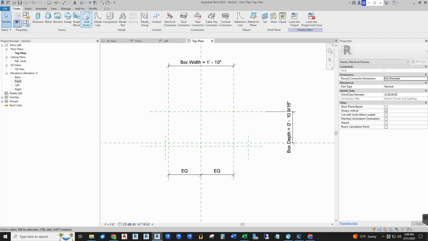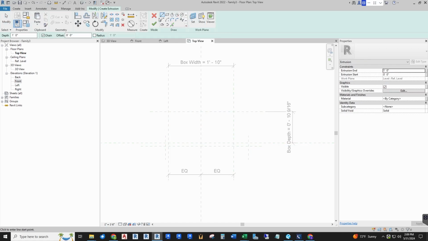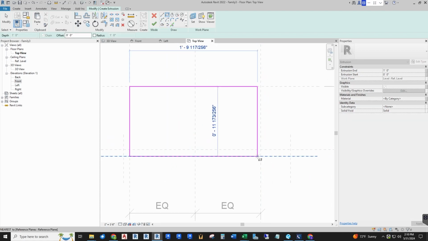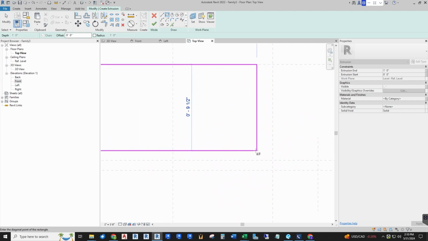And you can even do void forms, which are holes. You can drill holes into things or leave gaps in corners. So we're going to be simply doing an extrusion. You can draw this extrusion with different shapes. I can even use pick lines to pick these lines as our shape, but then I have to trim them. So I find that just drawing a box is sufficient. If I draw it exactly on top of the reference planes,